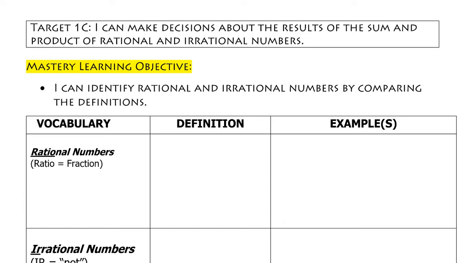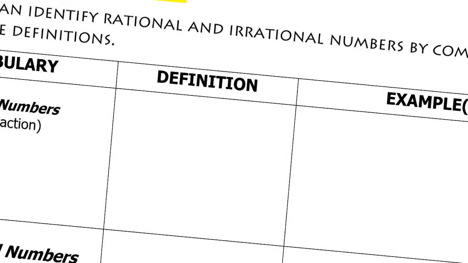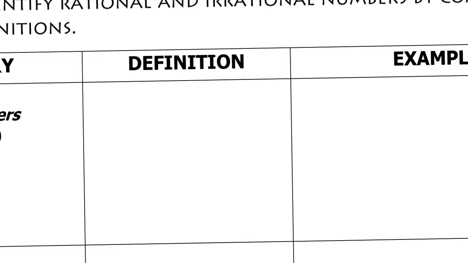A rational number, if you look at the actual word, the first part says ratio. Okay, so a rational number is a ratio, and a ratio is just a fraction when you compare two different numbers to each other, like boys to girls in the class. That would be a ratio. So I'm going to give it a definition. I'm going to zoom in here to write a little bit better. But the definition of rational number, numbers that can be written